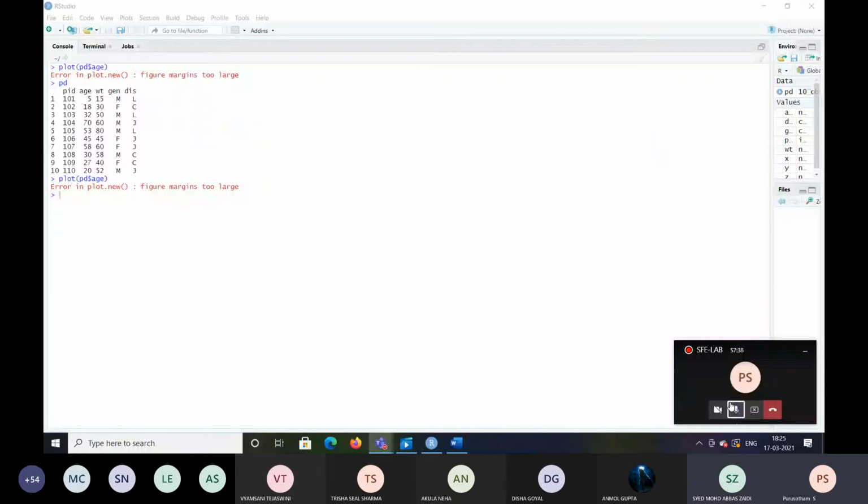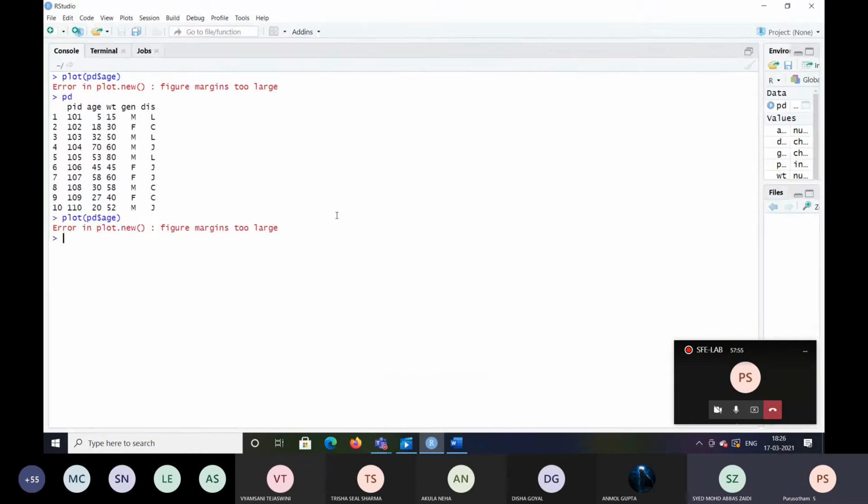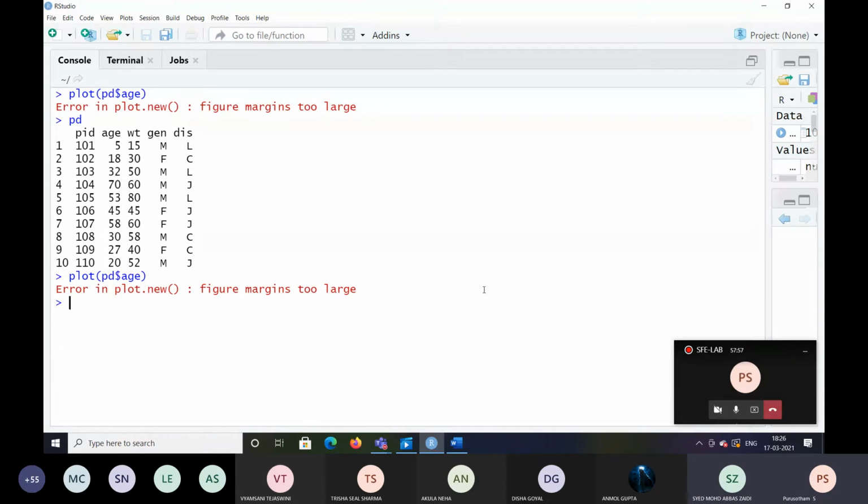What is the error it is showing? Actually, your font size is too small. I can't see anything on that. Can you increase your font size? Yes, sir. Trying. Go to edit. Can you see now? Yeah, now it's fine. Actually, in the previous case itself, PD dollar age is showing some error.